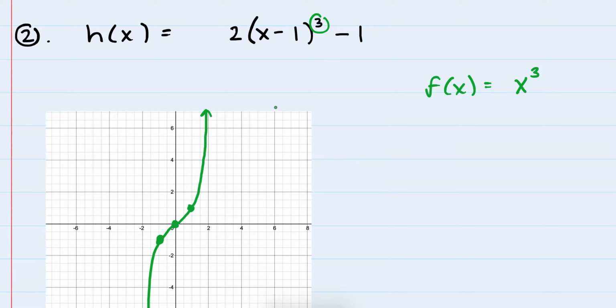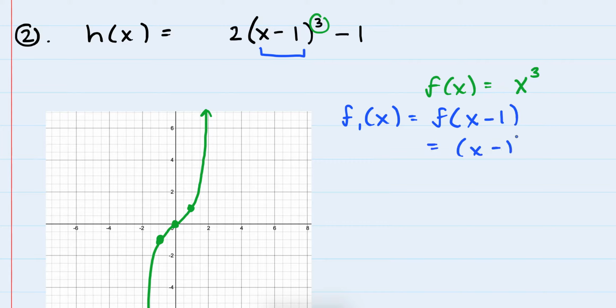Now you really can do them any way you want, but you need to be careful. So I'm going to start. I think the first thing I want to do is take care of this inner transformation. So I'm going to take my parent function f of x, and instead of x I'm going to plug in x minus 1, which gives me (x minus 1) cubed. And that looks like we're getting closer to this function h of x,